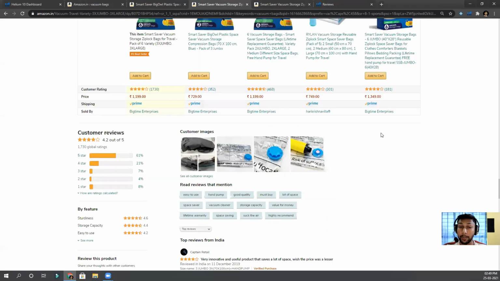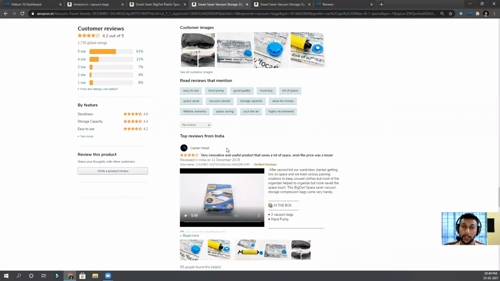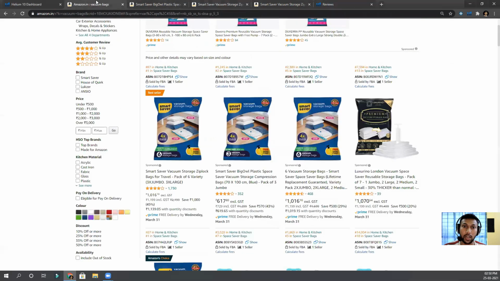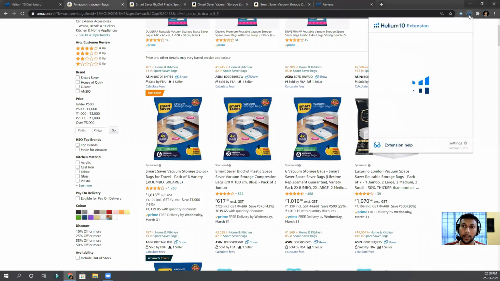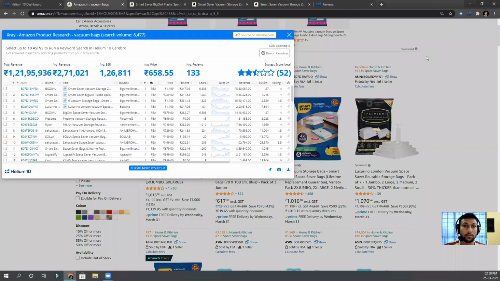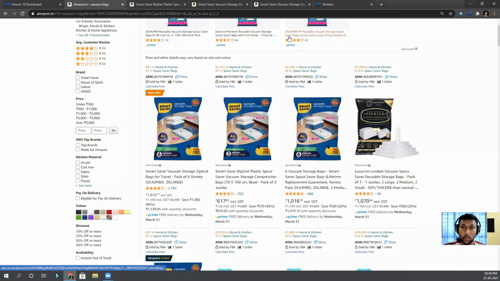And if you want to improve the product, suppose you are an old, advanced seller, and you need to improve the product because you see there is a lot of sales. So for this product, how much sales did it get? Here you see the total revenue. It's around 1 crore 21 lakhs 95,000. This is the total revenue. And the sales you're looking at are around 6,500 per month. It is not a very small sale. It is a very high sale.